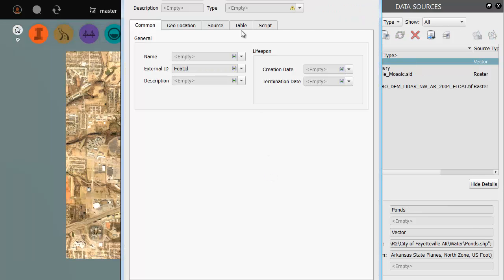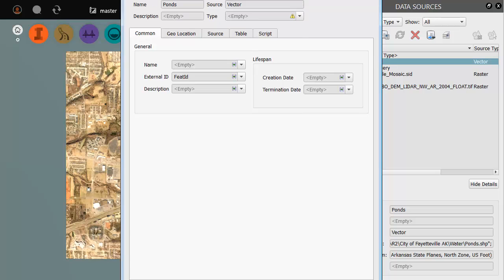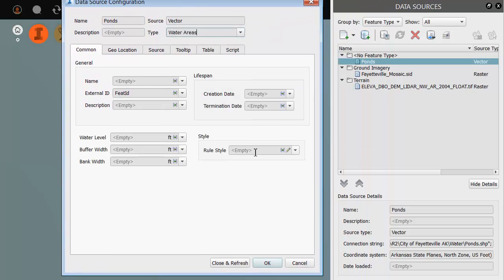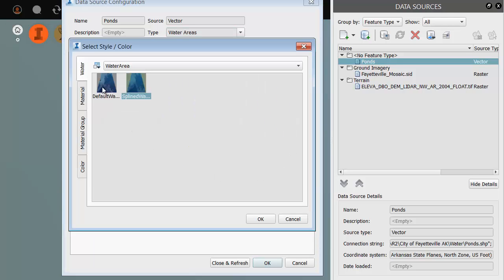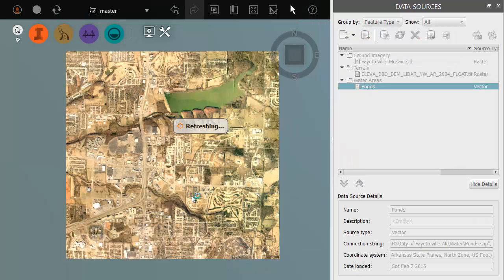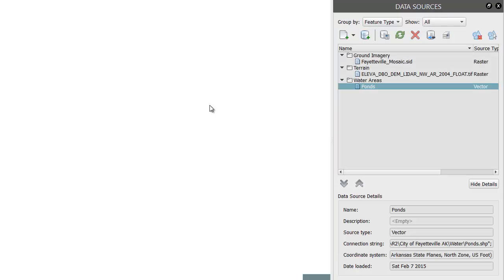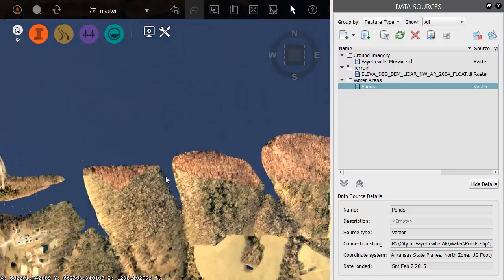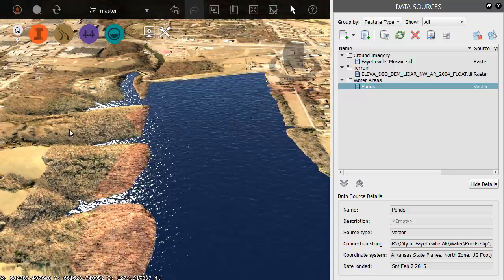I'll just drag that in. When I do, InfraWorks just needs to know what this shapefile represents. I'm going to say it's a water area. And then if I click the pencil here, I can choose how I want this water stylized. I'm just going to choose default water there. I'll choose Close and Refresh, and that will drop the shapefile in. Let me zoom in as this is regenning, and I'll orbit this around, and you can see that we've got